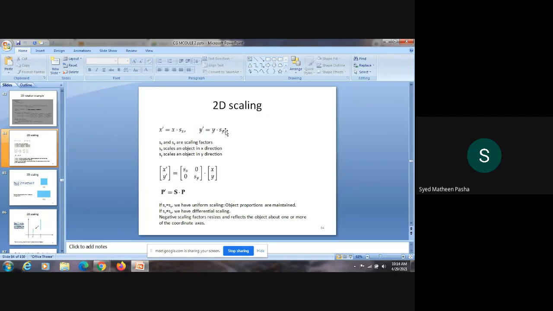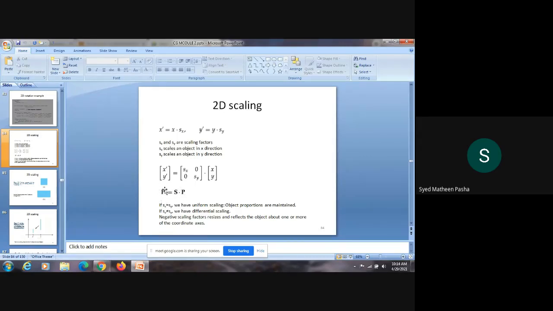What x as well as y represent here is the coordinates which you are specifying with respect to the scaling coordinates. So we saw how to represent 2D scaling in the form of a matrix. That is nothing but this. Then we got an equation for scaling, that is nothing but the